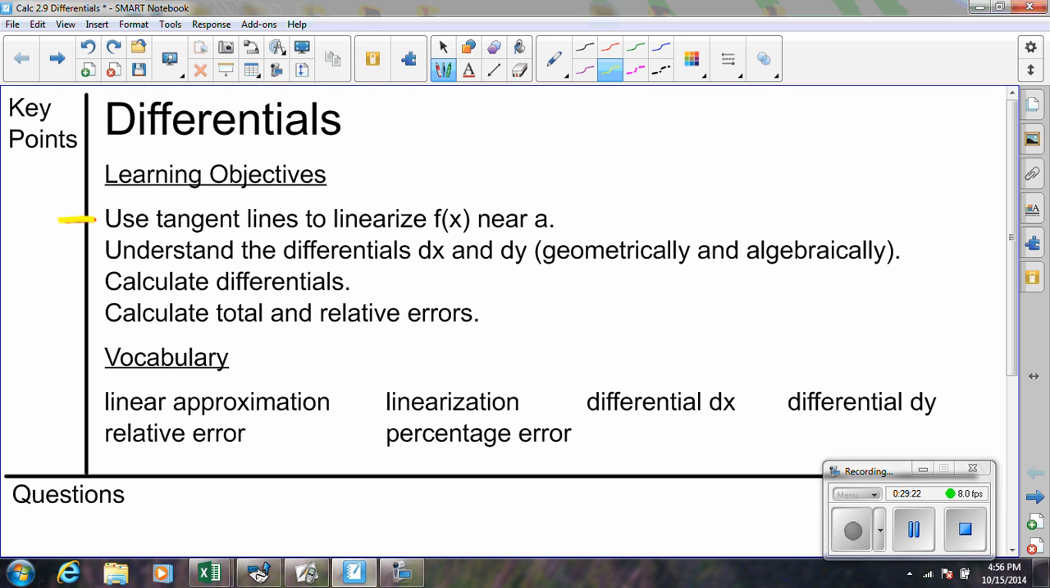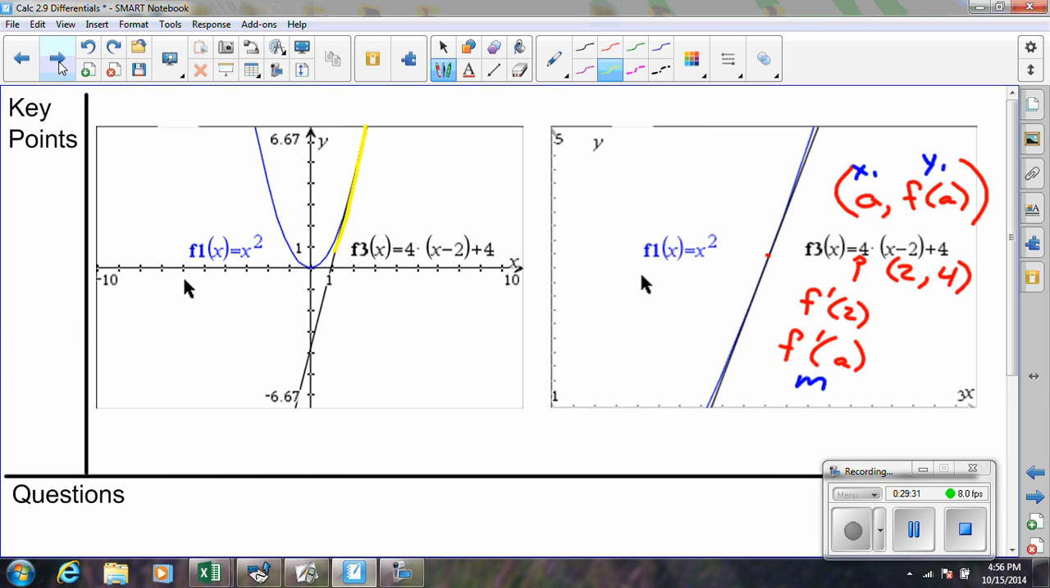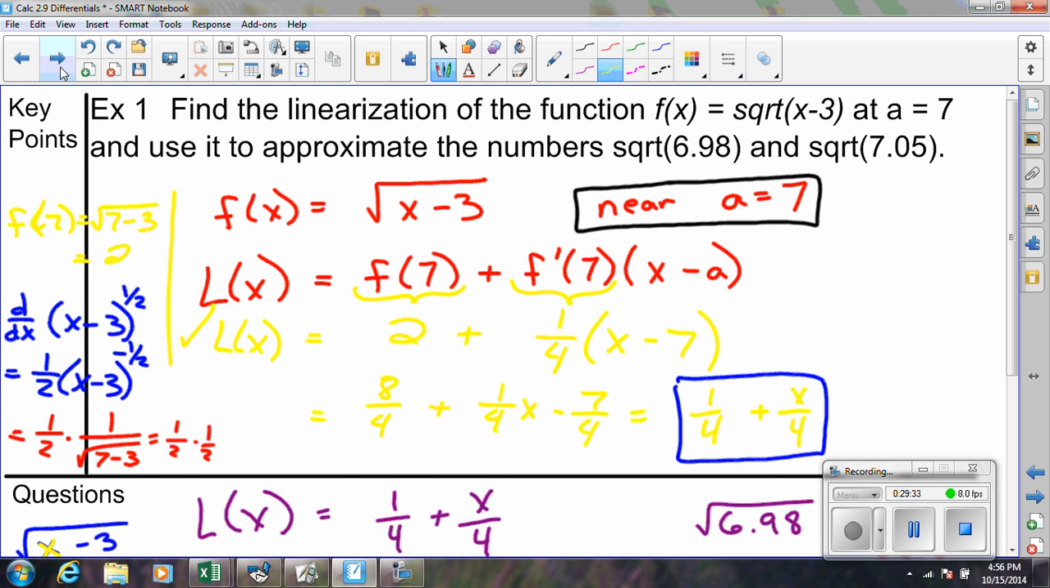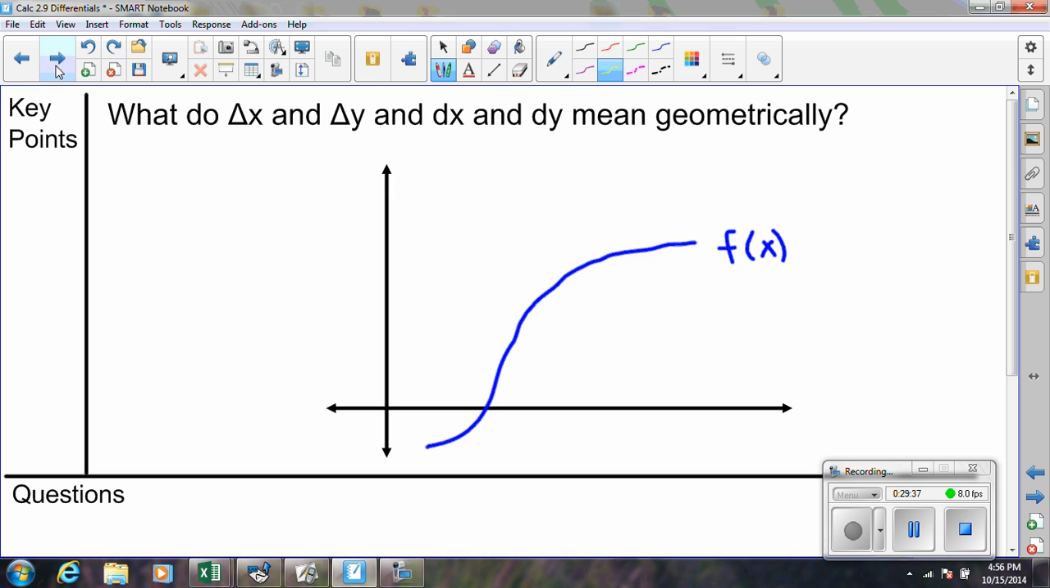The next one is understanding differentials, and we needed to do the linearization so that we could understand what differentials are. Differentials, in terms of the algebraic notation, are these pieces. dx and dy are differentials. Geometrically, they have a very simple, straightforward interpretation. If we are looking at an x value near a, we could draw a tangent line,